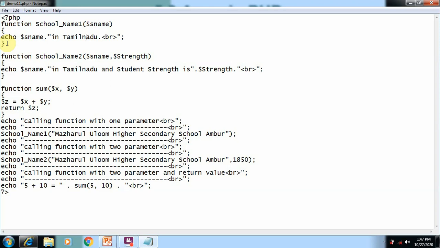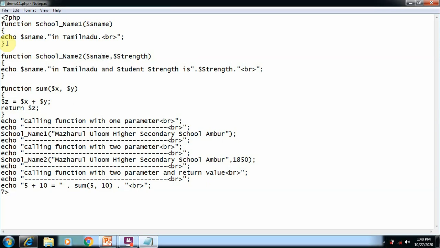It means the school name is displayed with the sentence in Tamil Nadu on the screen by using the echo command. After that we create another function, namely school_name2, where we accept two inputs. One is sname, that is school name, another one is strength.